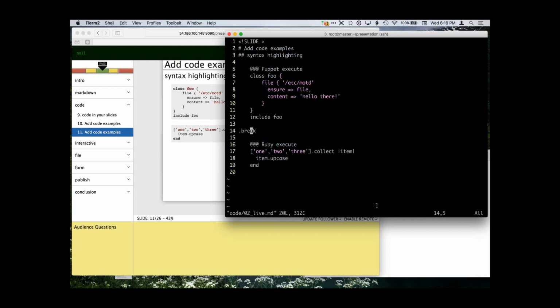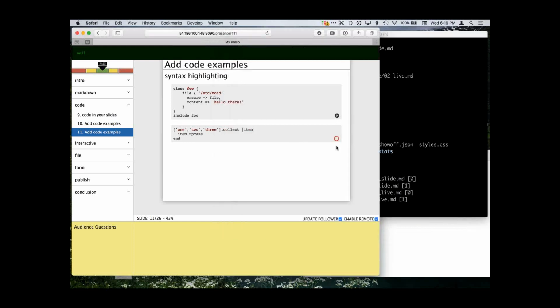So let's go fix this one here. The syntax highlighting makes it pretty clear where the problem is. I'm missing a colon there. And then this, I'm missing a do right here. It's still trying to execute. That's funny. And now you see it ran, and it just returned the code. So it took 1, 2, and 3 and upcased them and returned them back.